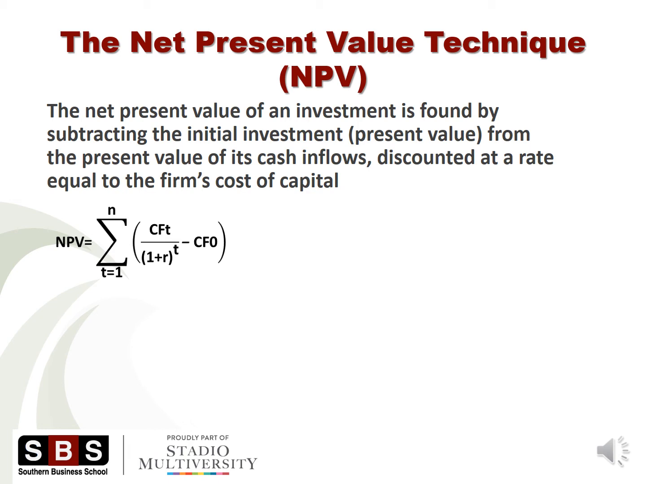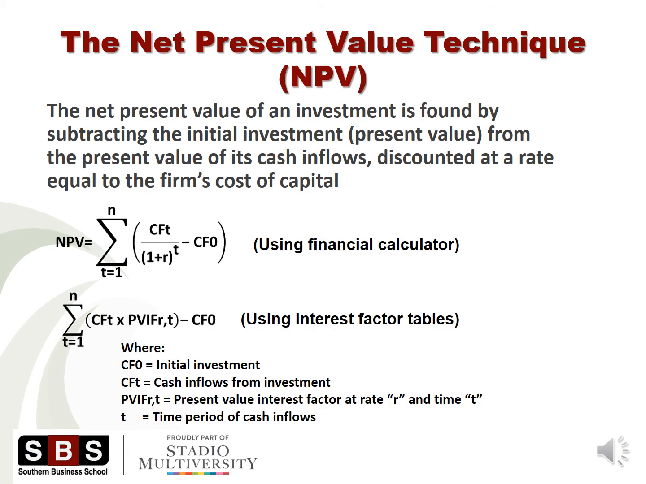As you can see from the slide, the net present value of an investment is found by subtracting the initial investment, in other words, the capital amount that needs to be invested today, from the present value of the cash flows that it will generate, discounted at a rate equal to the firm's cost of capital. So, in other words, if you carefully consider these formulas that are presented to you here, you will notice that first and foremost